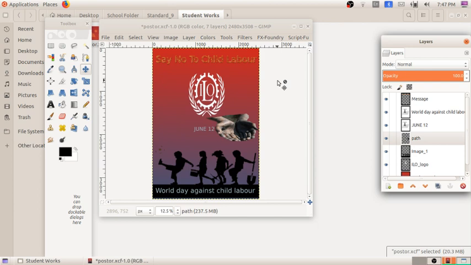Okay, filter tools. If I have already created an image here, and I want to make the hands blur, you all will have seen this in the news, on TV, when there is an issue: they blur the head or face of some persons because they don't want to show it in public.